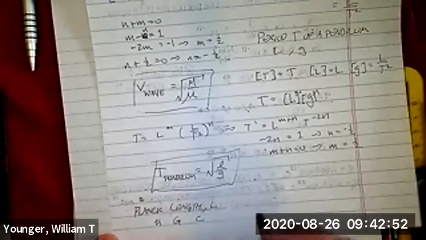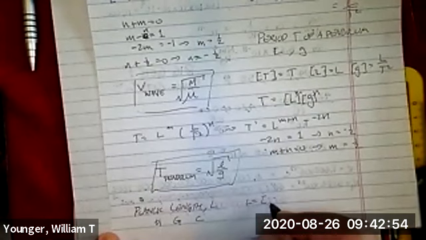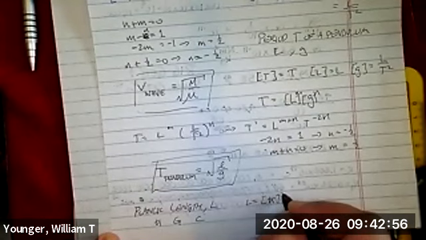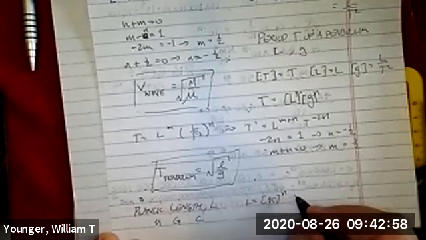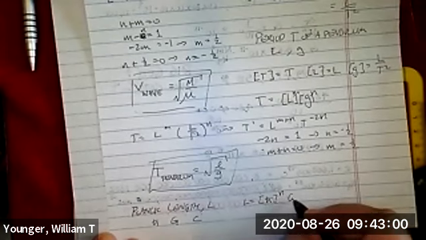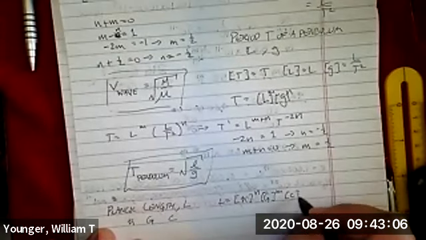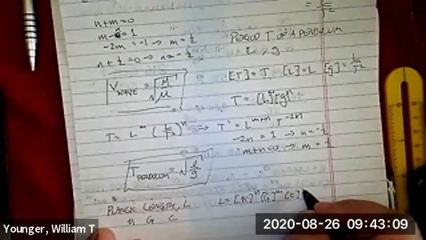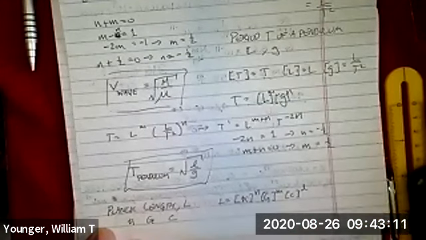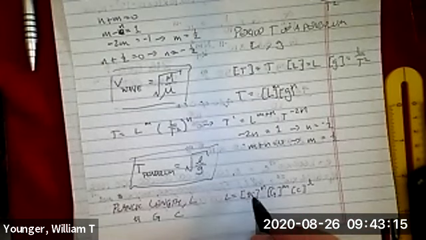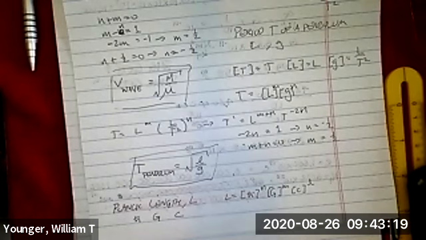So you can say L is equal to the dimensions of h bar to the n power, G to the m power, and c, the speed of light, to the l power, if you want. Work all that out, and you will actually get exactly the correct response for what the Planck length is, and then you can Google it and check it out if you want. Just for the record,